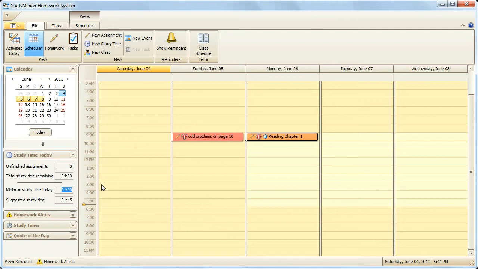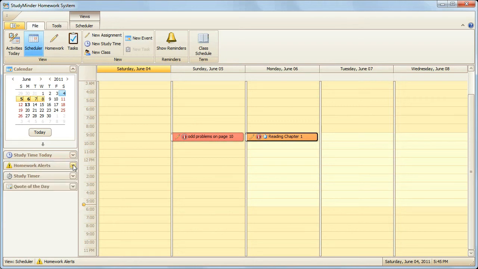Note that StudyMinder does not consider time on the same day that an assignment is due. You have to finish all of your studying, complete each assignment, the night before the assignment is due. So this is how the Study Time Today tab will indicate to you how much homework you need to be doing today. Now in the other tab under Homework Alerts,